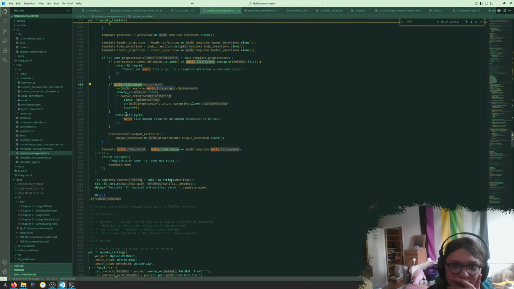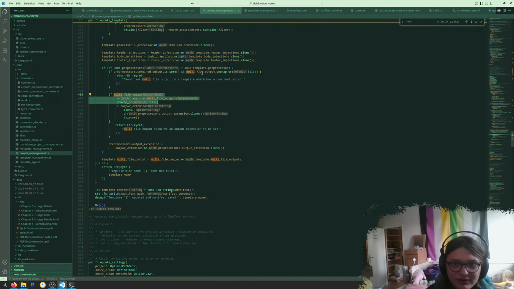If multi-file output or template multi-file output on web. So essentially I need this, but up here,